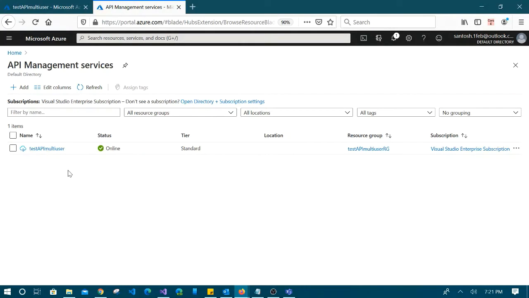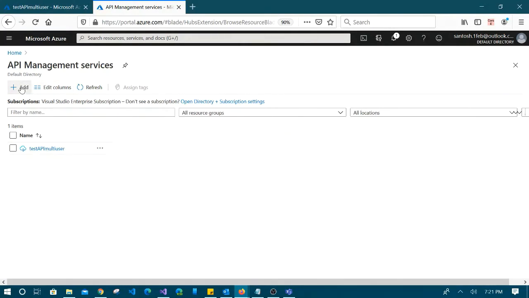So what you can do is click on add, and once the form appears, you just have to fill in some details on that. So your API management will be ready to use.